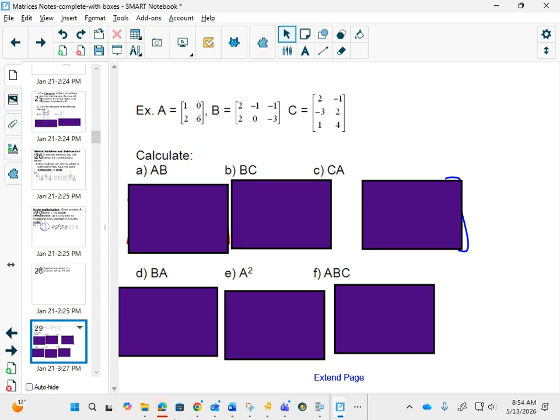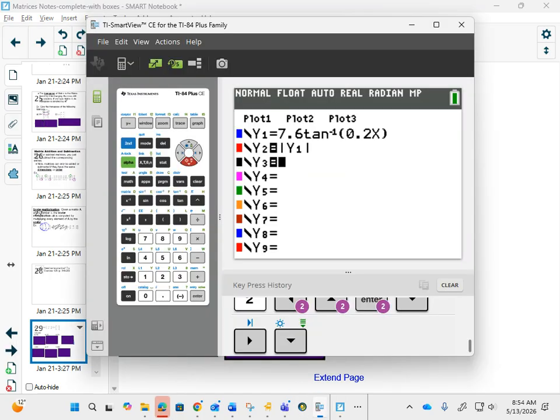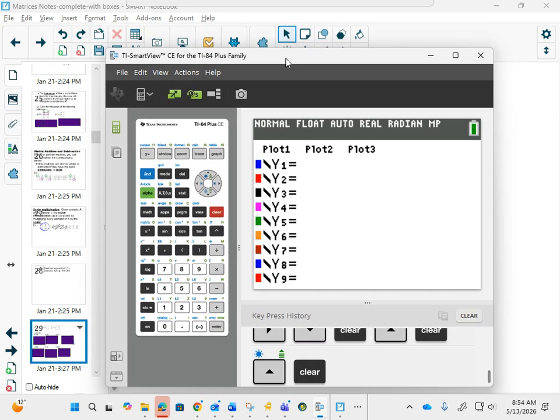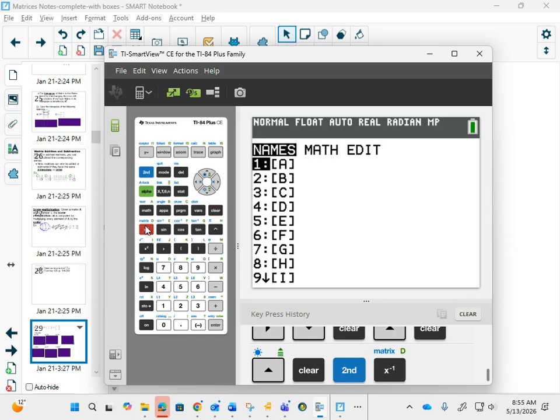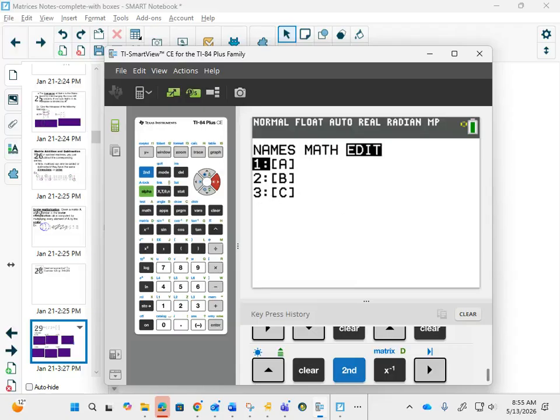So I'll help you out with this. Do you see the matrix button above right here at this X inverse? Right above it. So if I go second matrix, I've got already matrix A, B, C, D. And if I go over to edit,